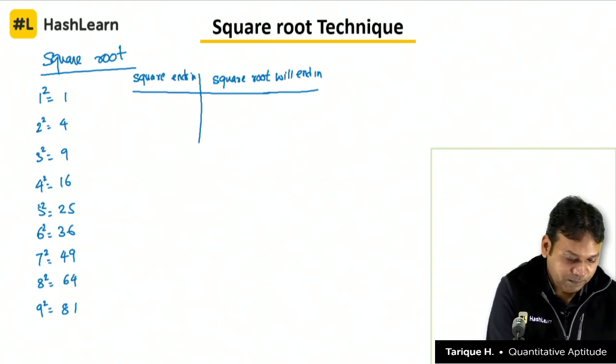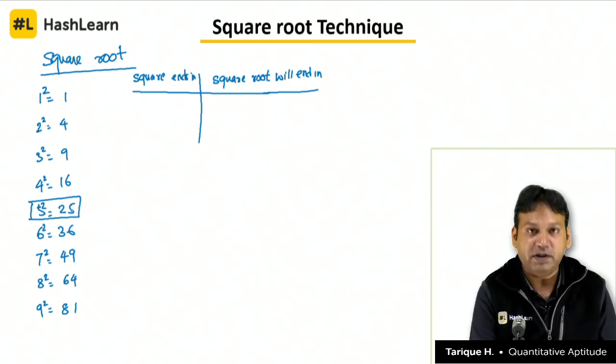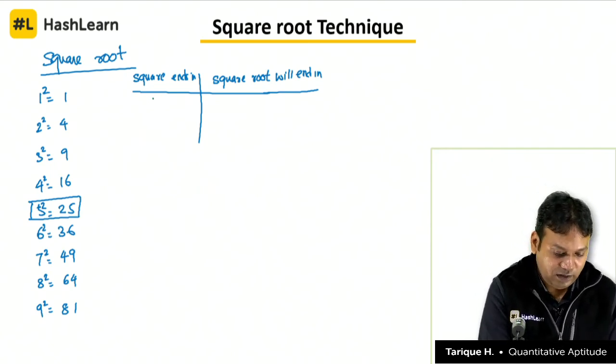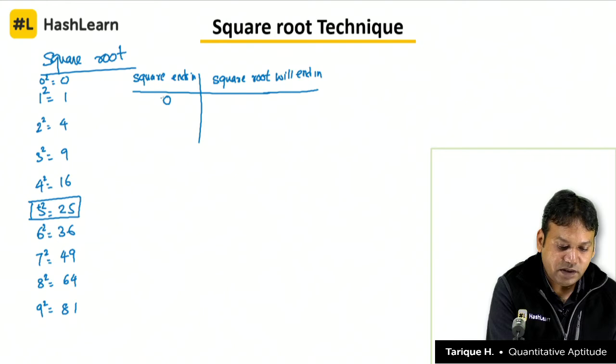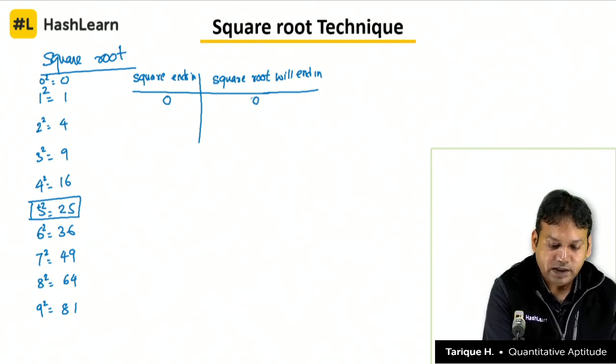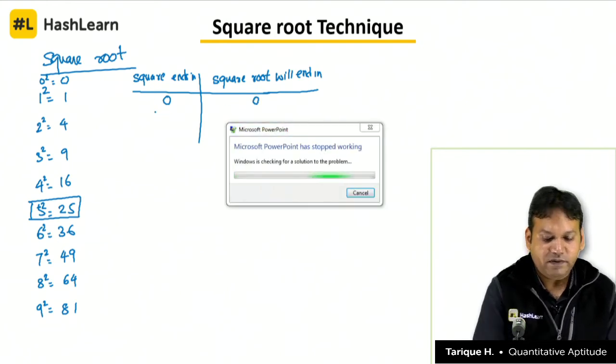You first of all see that only 5 square ends in 5, no other number is ending in 5, so that makes it very simple. And we also say 0 square is 0. So if square ends in 0, square root will end in 0. If the square ends in 5,